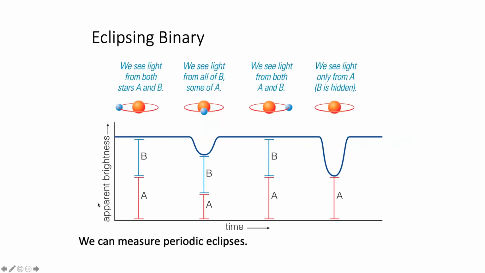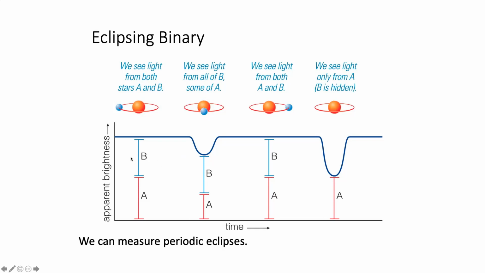Then we have an eclipsing binary. Now we saw something similar to this when we were looking at the exploration and the discoveries of exoplanets. All right, we saw on that NASA simulation that if an exoplanet passes or transits in front of a star, we can figure out the size of the exoplanet based on the changing brightness of the star.